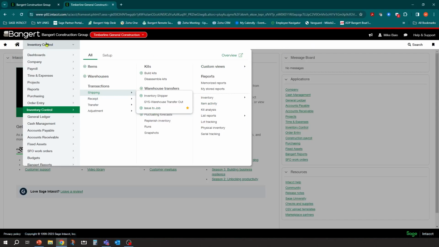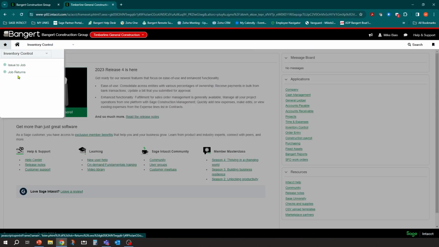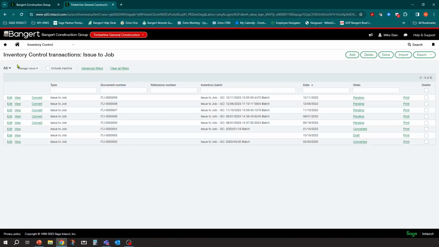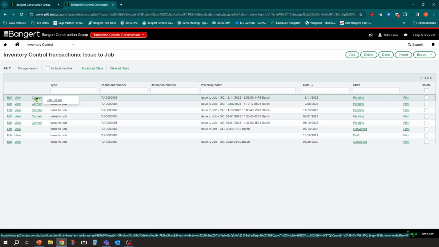And again, I like to use the favorites, especially if I have a lot of inventory items set up. So instead of clicking on job returns, I can actually click on issue to job, my list here, and I could find the issue. And you can also have some other filters in here where you can see which job it was for. But I'm going to click convert here, and I'm going to convert it into a job return.